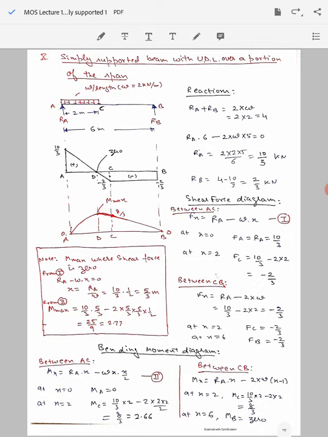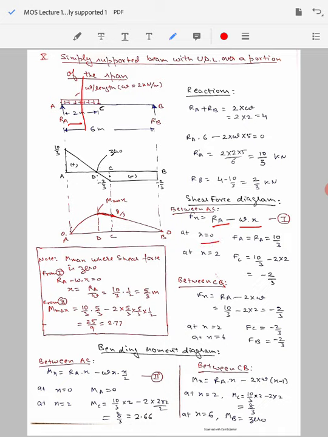Next thing is to find the shear force diagram, and for the shear force we are going to consider two segments. One is AC where the load is applied, another is CB where the load is not being applied. So first let's consider between A and C and assume the beam to be cut somewhere in the middle. As we did in the earlier case, there will be the force of reaction acting in the upward direction, minus W into X, which is the load that is acting in the downward direction. X is the length of the left hand segment of this portion where the beam is cut. So W into X is the force that is acting in the downward direction.